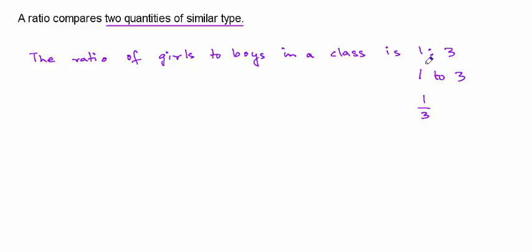And it doesn't mean that the class has got only one girl and 3 boys, 4 in all. It only means that in every group of 4 kids, there's only one girl and 3 boys. You add another group, so that adds one more girl and 3 more boys to the class. So the ratio doesn't give you the actual numbers. It gives you an indication so that you could compare, okay, this class is heavy on boys as compared to